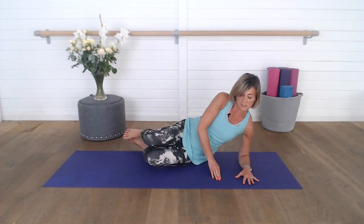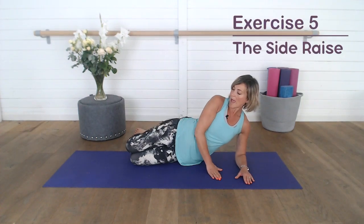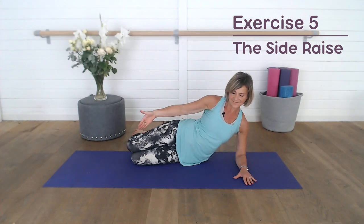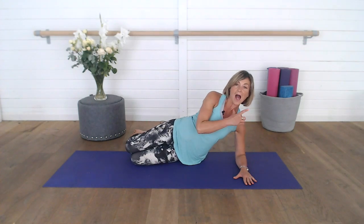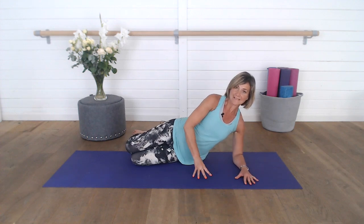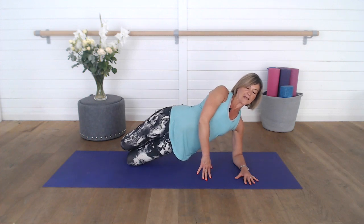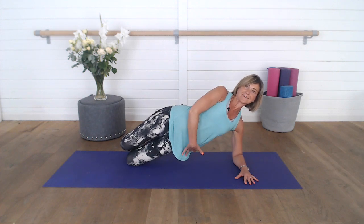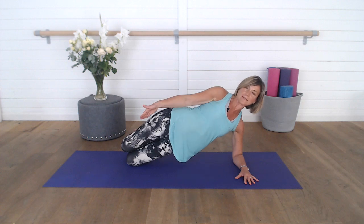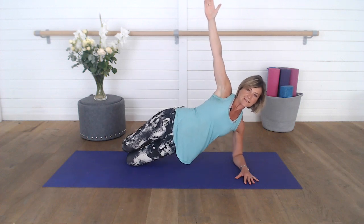So we're going to start lying onto our forearm, and your knees are bent at 90 degrees. Just want you to lift your body up so that there's space between your shoulder and your ear. Then we'll place hand here onto the floor. Bring your hips forwards as you lift your side of the waist and hips off the floor, pushing into your knees. Then take your free arm straight up,